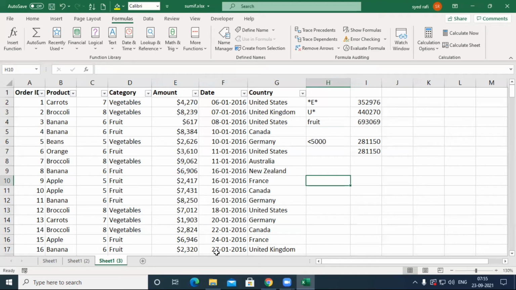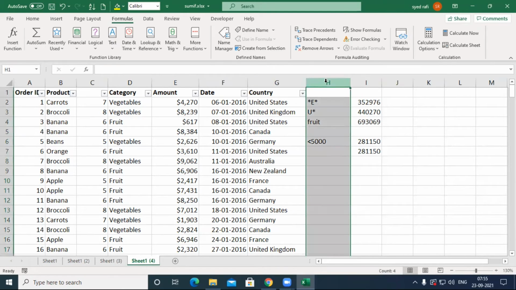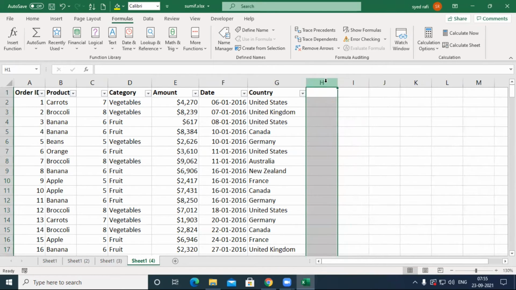Let's move to the next. In SUMIF, only one condition can be given. Let's check another one, SUMIFS. What is the meaning of SUMIFS? Multiple conditions.